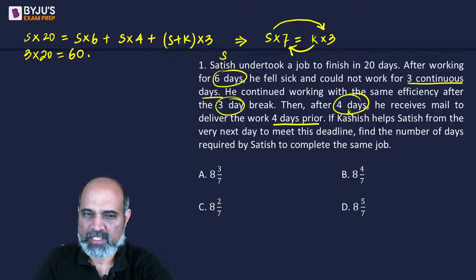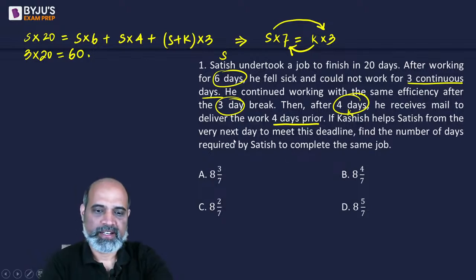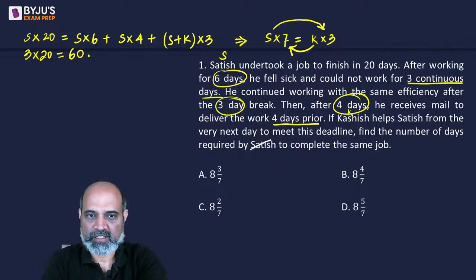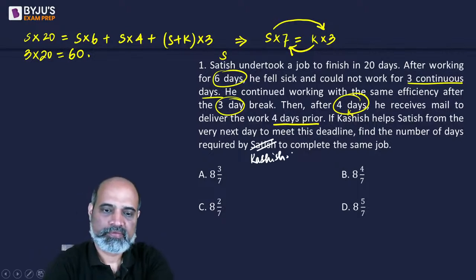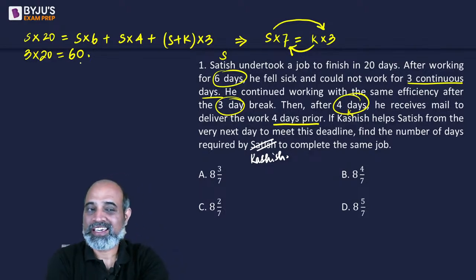I think there is a typo here. It should not be Satish, but it should be Kashish. There is a typo here, and I was wondering why the option doesn't look right. So this is Kashish. The total work is 60